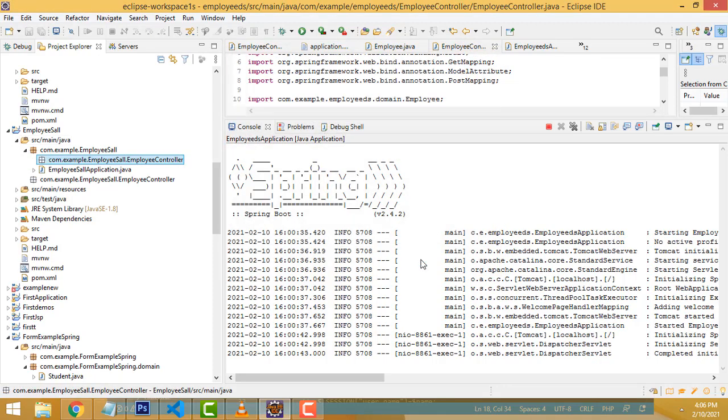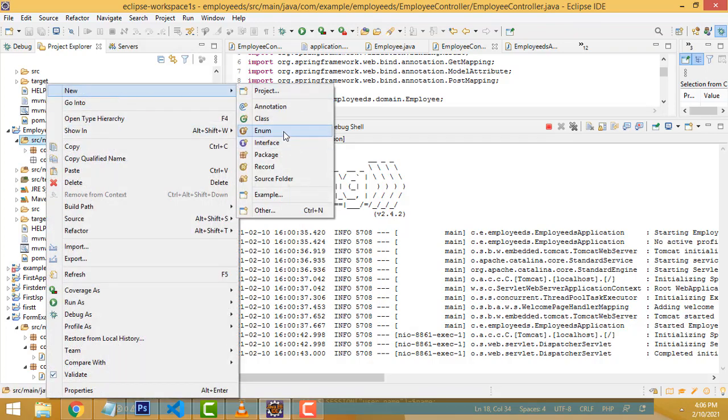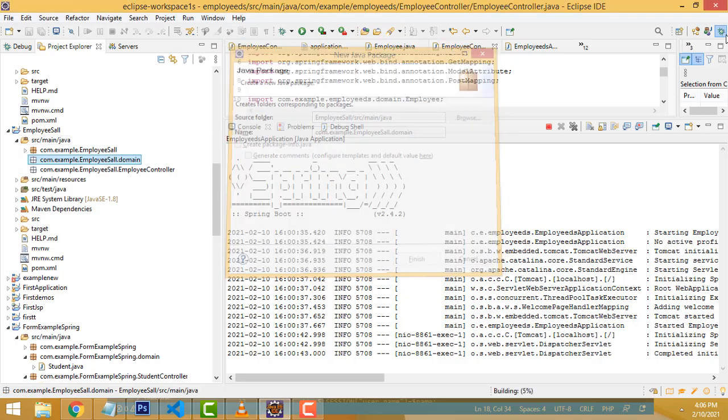Click finish. After that we have to create another package, the domain package: com.example dot, this is the name of the project, dot domain. We have to configure these two.